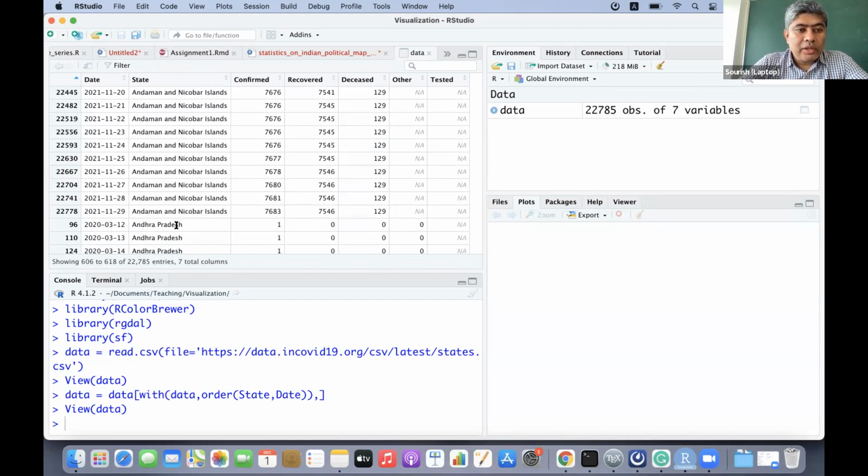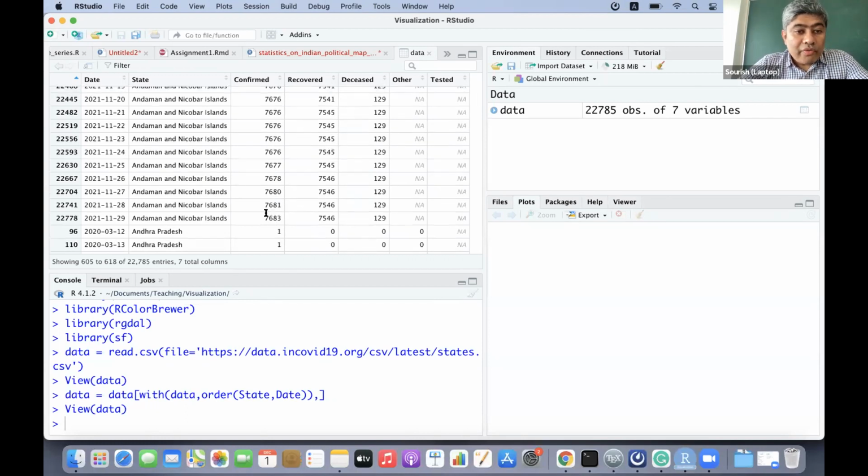Then Andhra Pradesh starts on 12th March 2020, which is the first case observed there. And then again it starts from 1, and this way. So far it is a cumulative number.